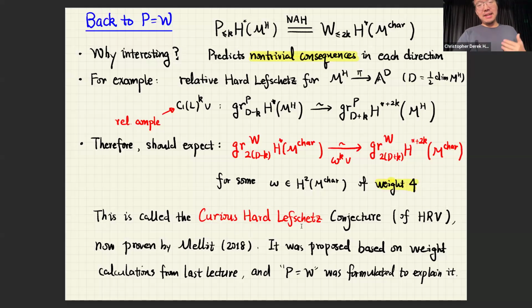The idea of de Cataldo-Hausel-Migliorini is that this hidden property should be seen after passing through non-abelian Hodge theory to the Hitchin side, where you have a very natural candidate, which is the Hitchin map. But if the relative hard Lefschetz really explains this phenomenon discovered by HRV, then you must have a match of these two filtrations, which I think is the origin of this conjecture.